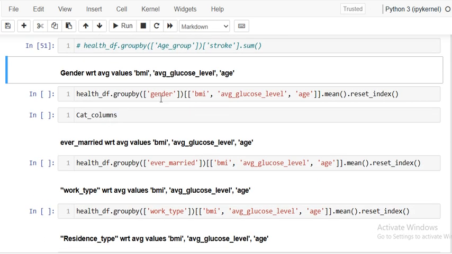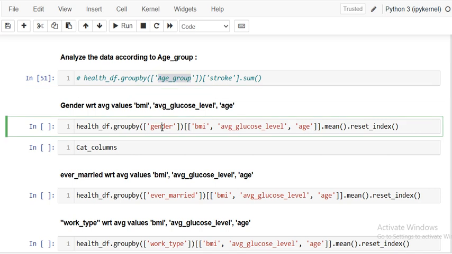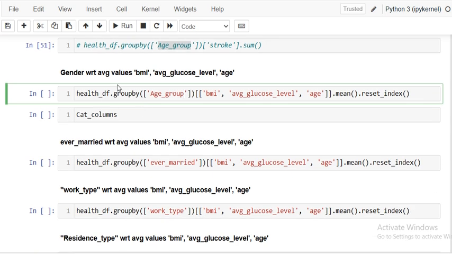We can check it for the gender, BMI and age group, and what I want a mean value of this for this gender. Instead of that, I'll check it for different age groups. Okay, for age groups. So, and we can do it later on